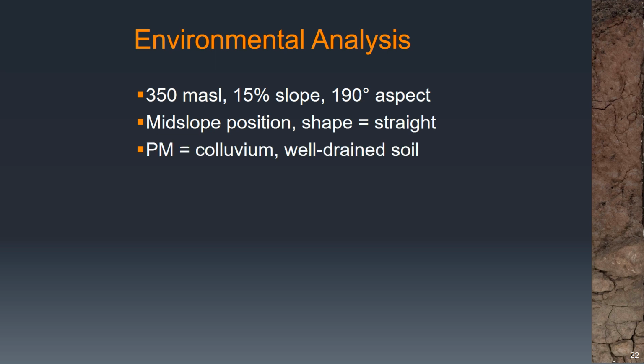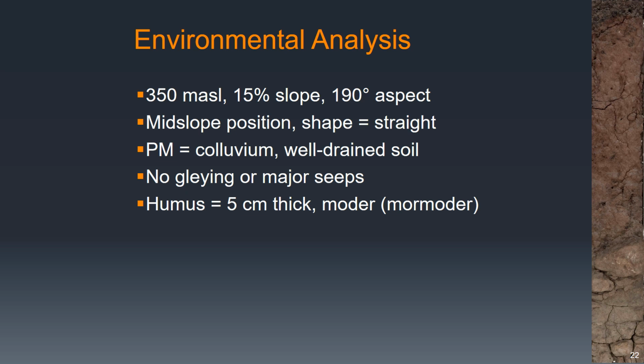The parent material is colluvium. That's material that has arrived via erosion, and it's a well-drained soil. There's no gleying or major seeps. Gleying is what happens when the soil is saturated for a portion of the year, so iron or aluminum particles that might normally oxidize reduce instead in the absence of oxygen, so you get areas of the soil that have a very pale gray color. So we don't have that, and we also don't have major seeps. In the soil pit that we dug, there isn't water seeping in from the edge.